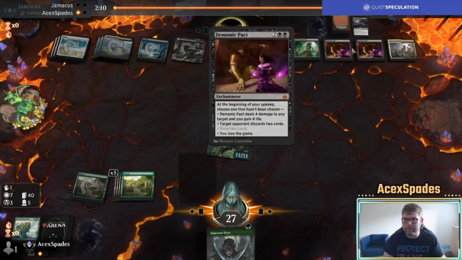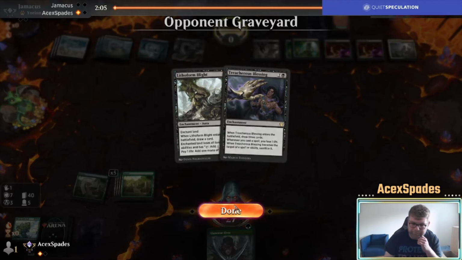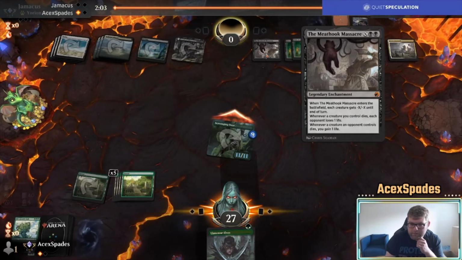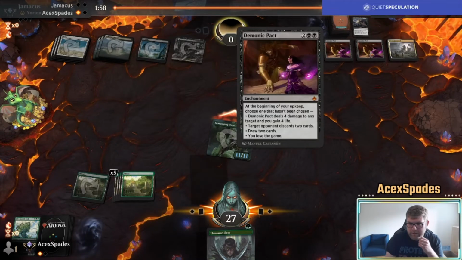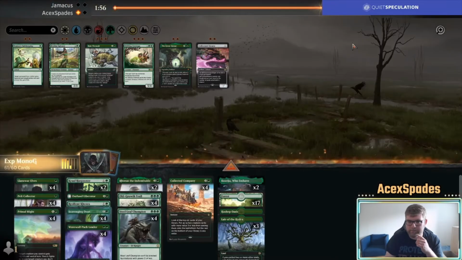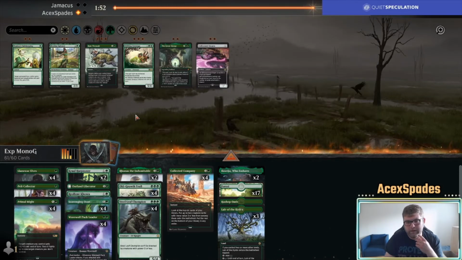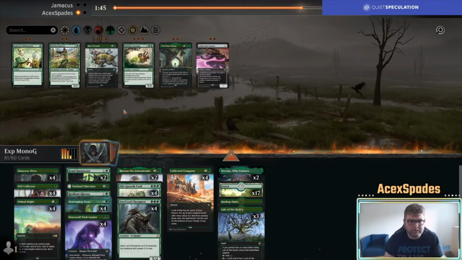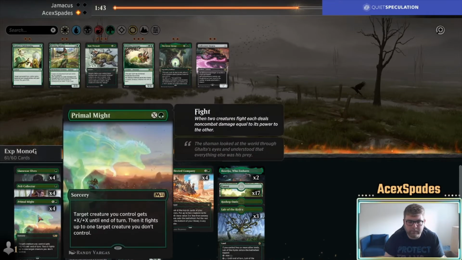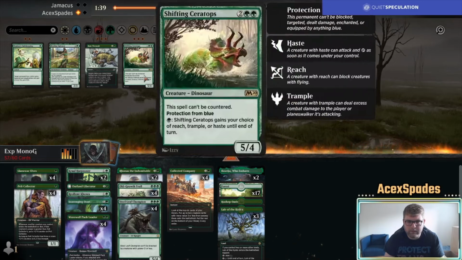Having Safekeeping doesn't seem great. Don't love it because it doesn't stop Meathook, doesn't stop any of these edict effects. It stops 4 damage. Ceratops has haste, which is noteworthy. Don't love the Unlicensed Disintegration. Don't really like the Primal Mites either. They seem really bad. So